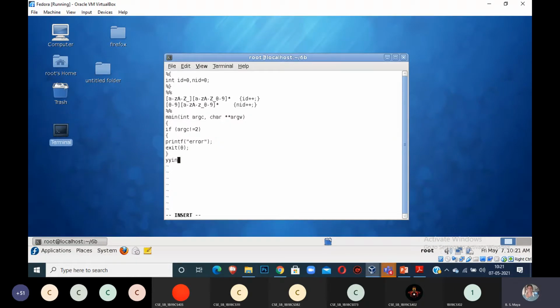Now I have to call my program because I am giving input from the file. If you don't want input from a file, taking input in the command prompt, this yyin and fopen are not required. You write the normal program like that only. fopen with read mode. Then you call yylex. Then go for the printf statement to print it.